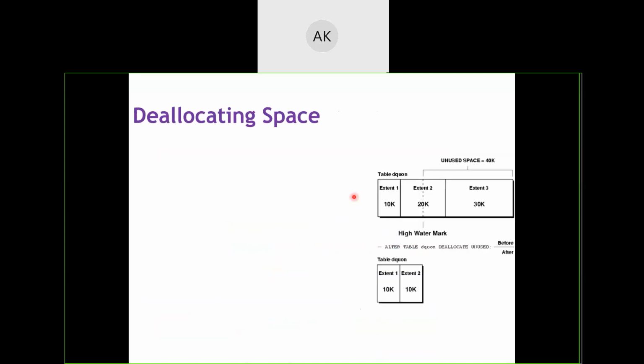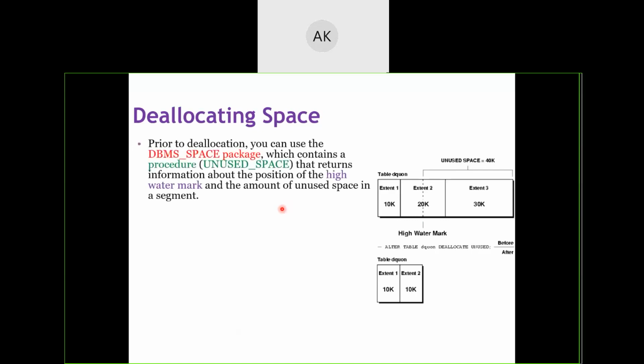Now coming to the allocation of space, in the case of Oracle, if data is deleted, then Oracle maintains a particular pointer called the high water mark.